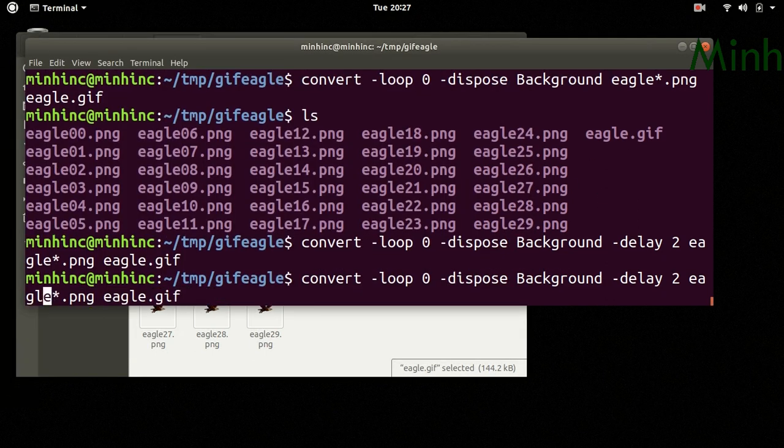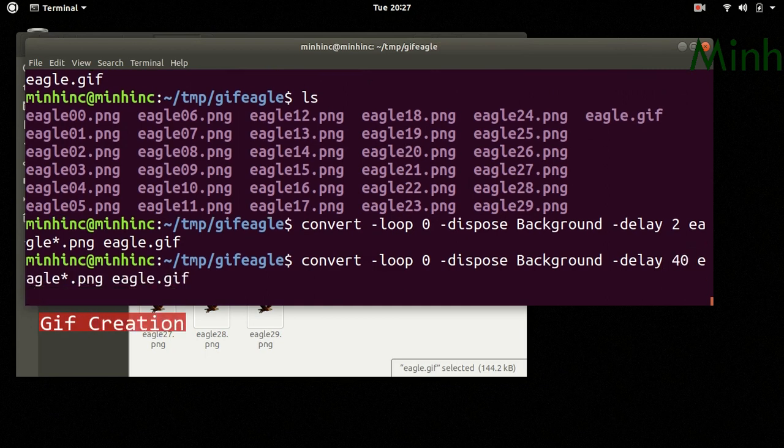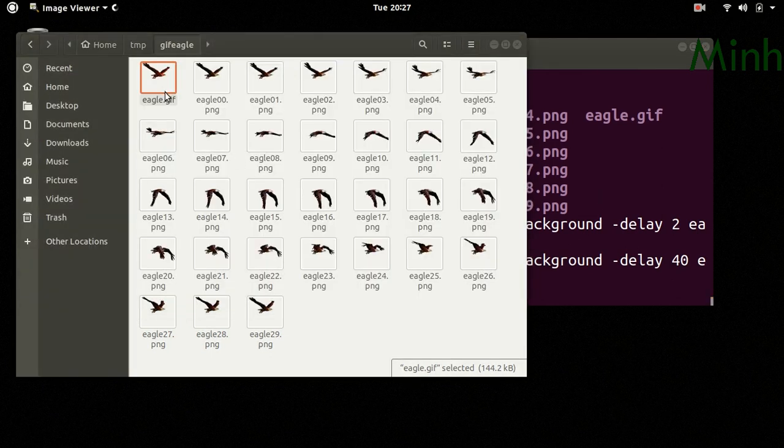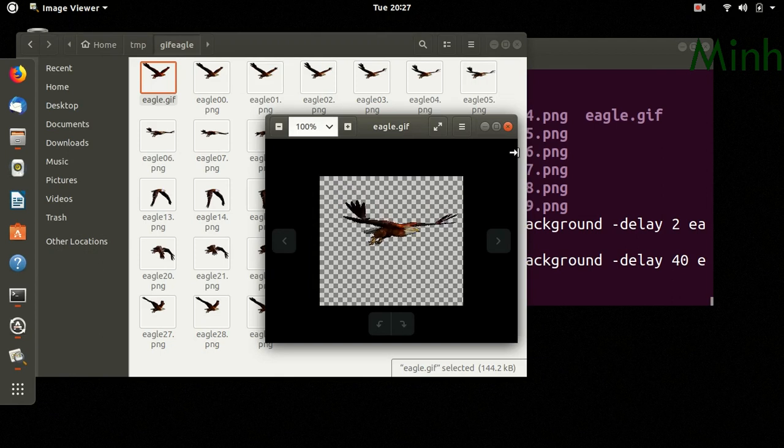Now we can make it very slow. We'll make it 40, so each frame is 40 now. Okay, so it is really very slow.